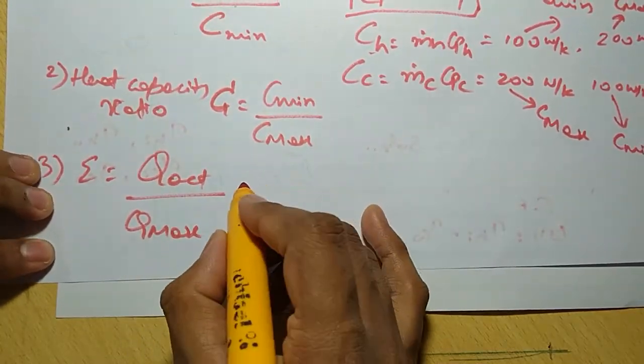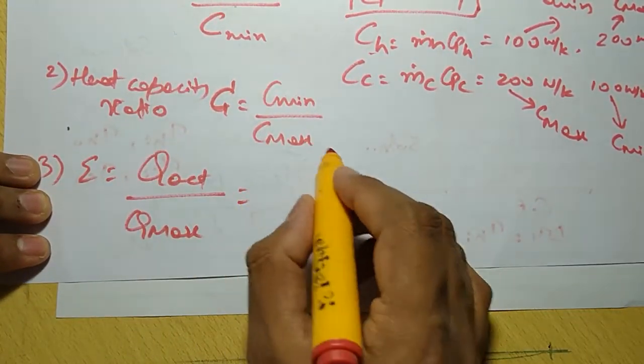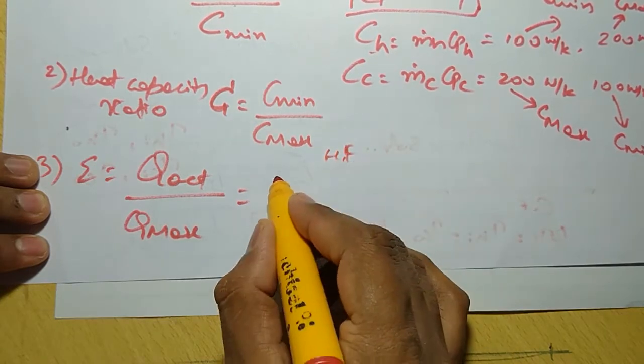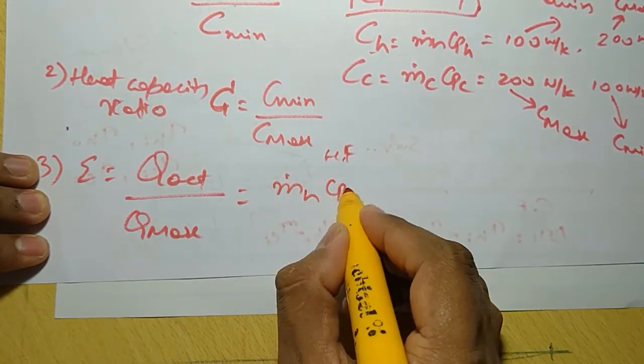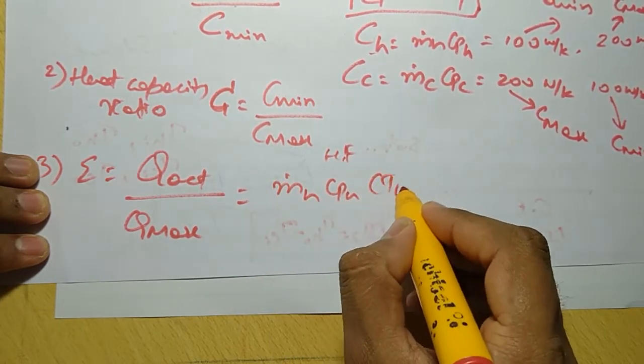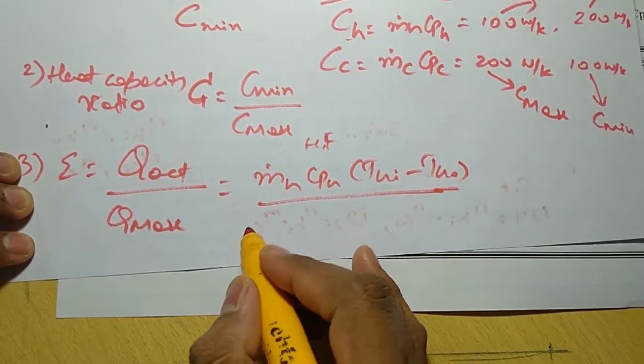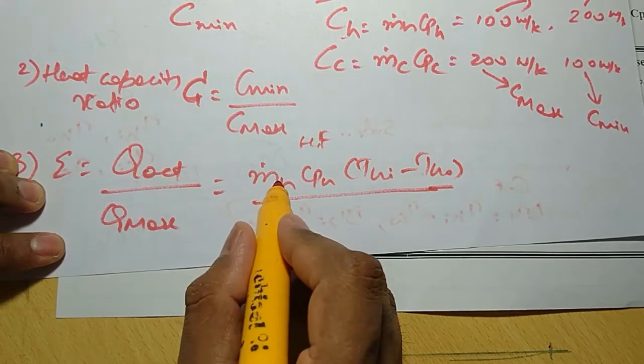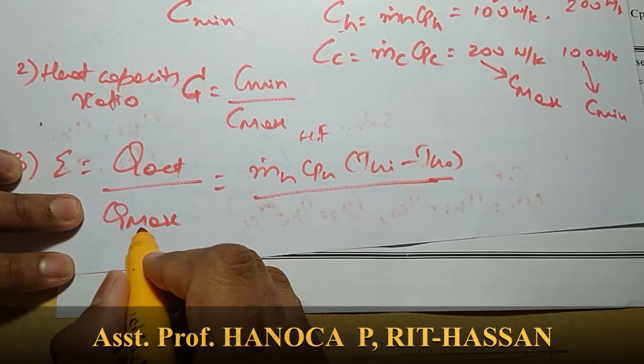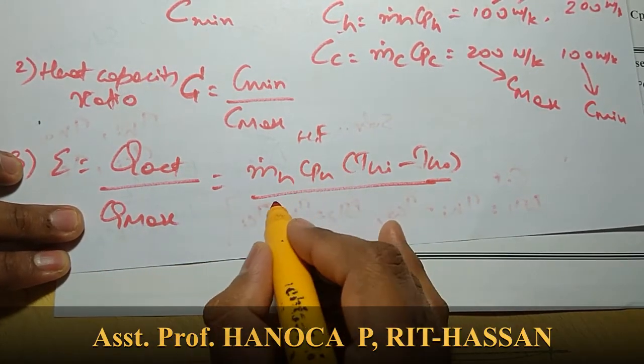Actual rate of heat transfer, for the hot fluid, if you consider the hot fluid, that is m dot h Cph (Thi minus Tho). This is the actual heat transfer for the hot fluid. For maximum heat transfer, it can be written as